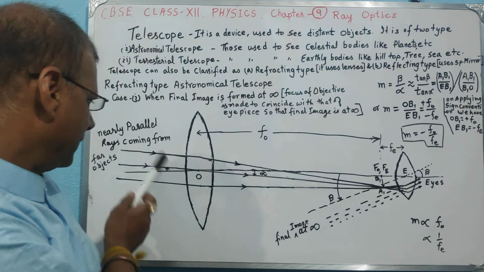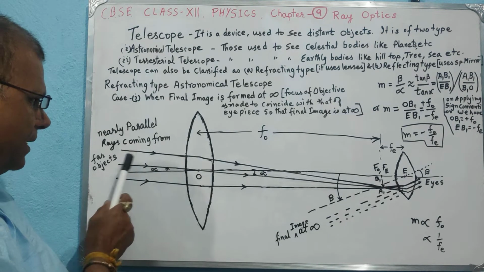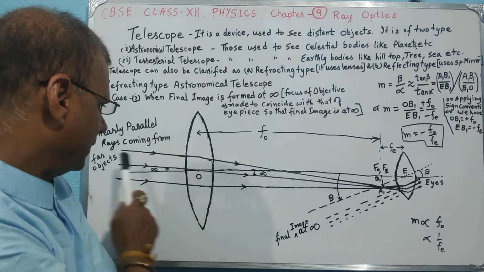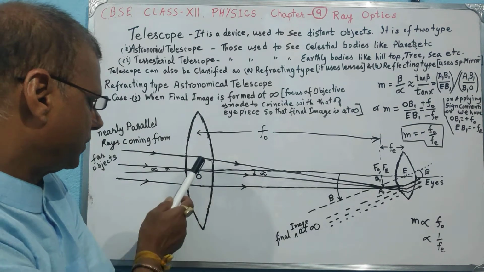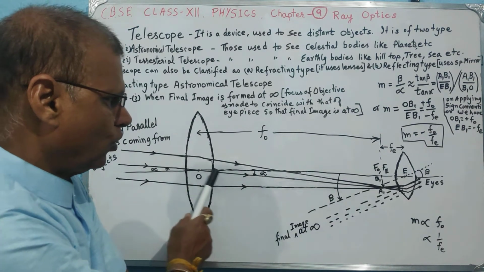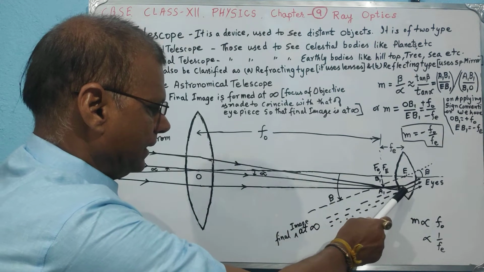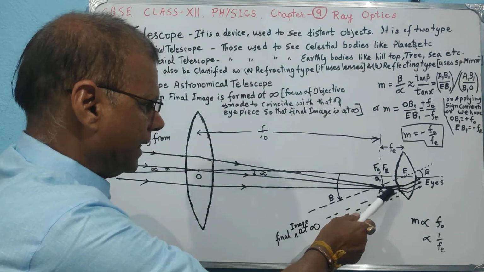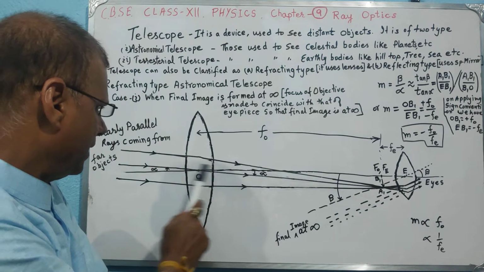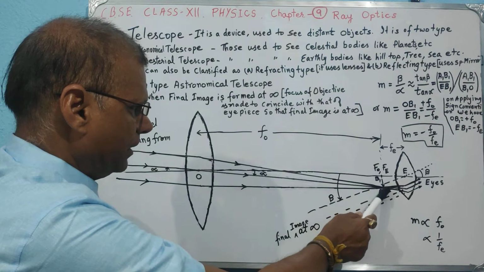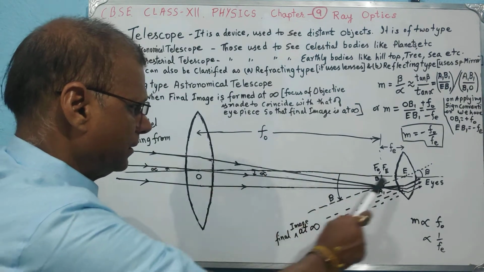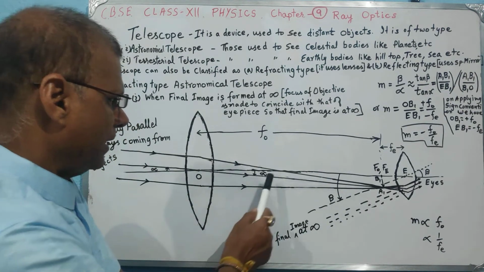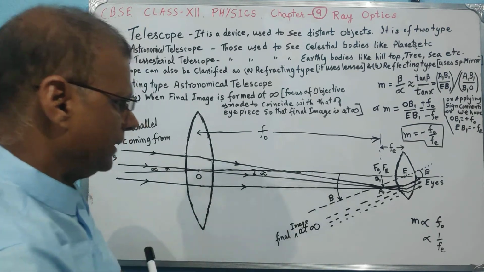Now you can see, if alpha is the angle made by parallel rays coming from infinity from that object, then certainly the ray which is passing through the optical center of the objective will pass undeviated and reach the eyepiece, which means that the vertically opposite angles must be equal, and A1B1 divided by OB1 will give us the value tan alpha. Alpha is the angle subtended by the object on our eyes,